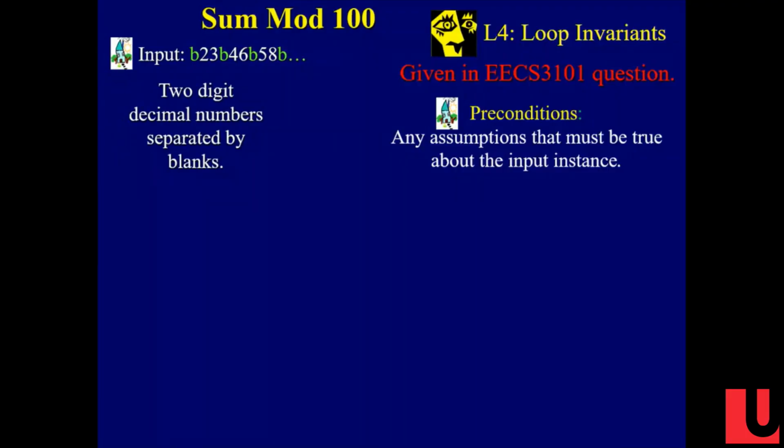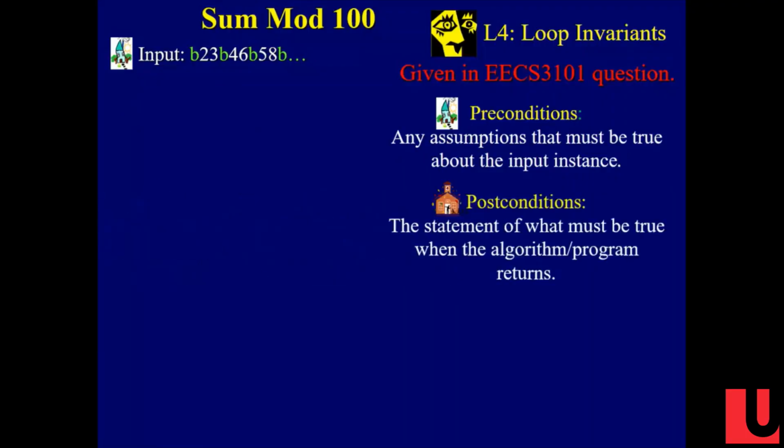And the input, in this case, is going to be written on the tape at the beginning. It's going to be a blank, so you remember that's the beginning of the tape, followed by 2 digits, followed by a blank, followed by 2 digits, in separate cells, for maybe forever. That's the input.